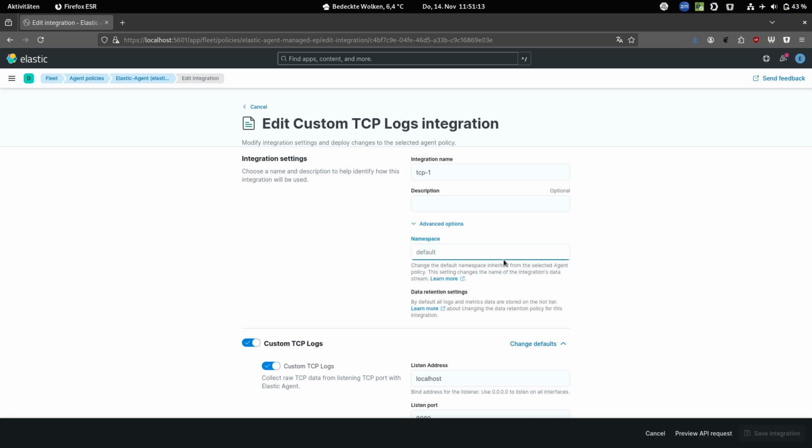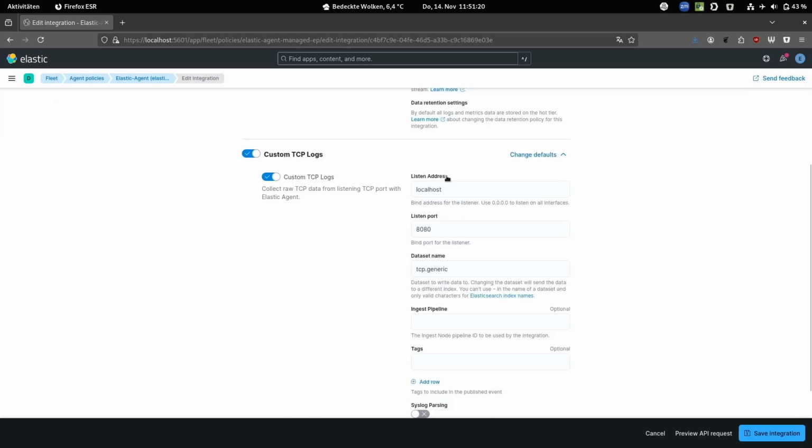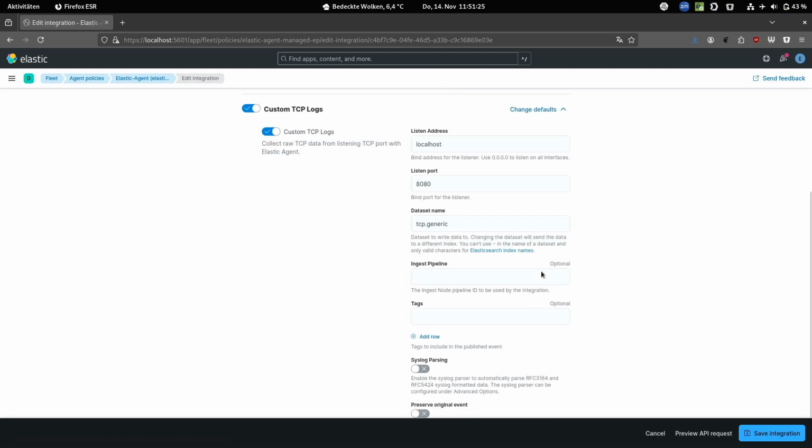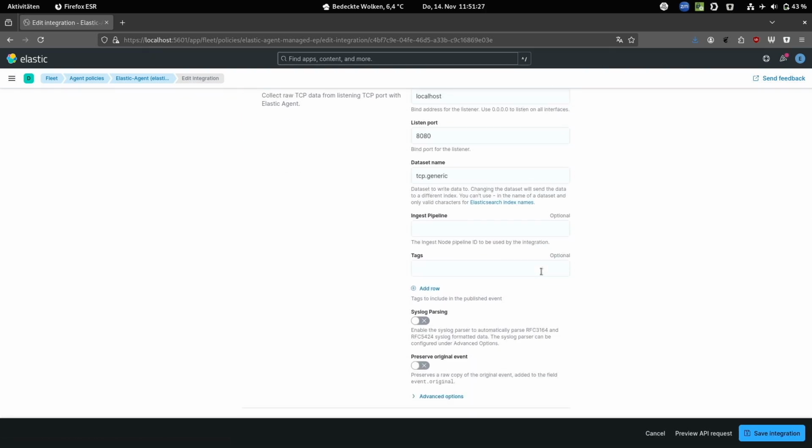The namespace is called, I don't know, NetSec, because it's a switch maybe. Then we spin up on our Elastic Agent port where we receive the data, and then we have the dataset name, TCP generic type. Please be careful if you're changing that. Avoid it if you are a beginner, because if you change that, you are doing a breaking change in the usage of templates and other related stuff. So keep that if you're starting, or you can also keep it forever in place there.